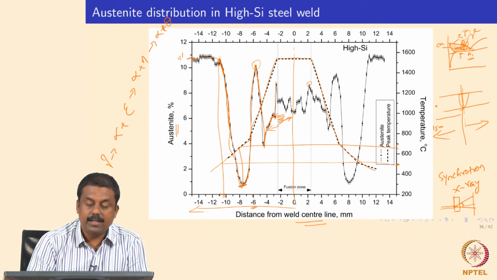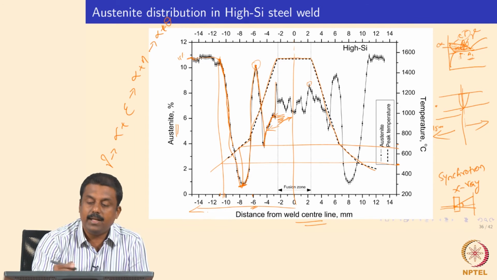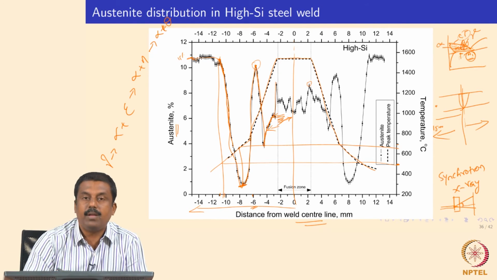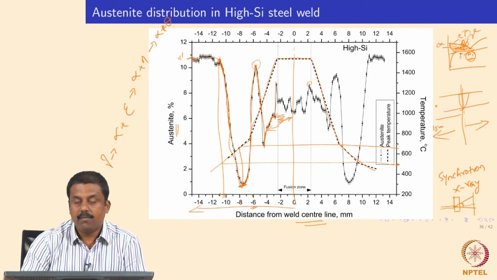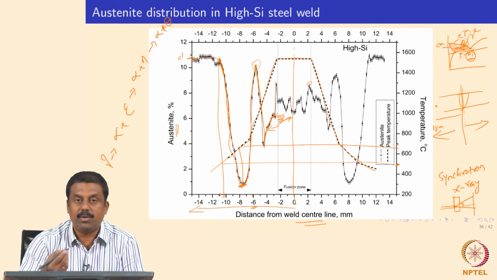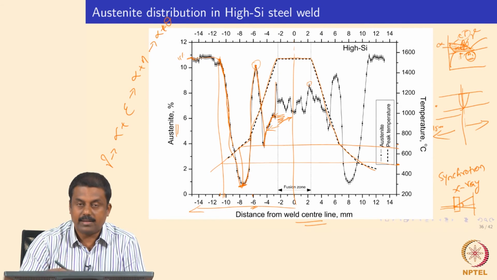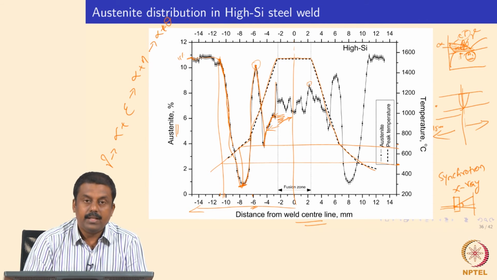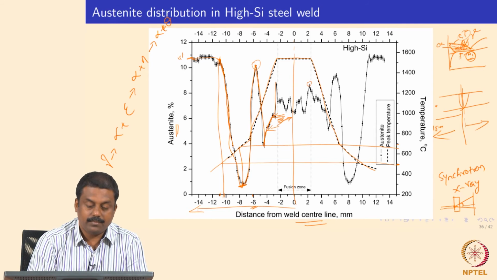Whereas in the conventional steel you won't see any effect until you reach above the A1 temperature, where the microstructure changes to austenite during heating, and subsequently it will transform to martensite or other low temperature products. So, because of the presence of retained austenite, we enlarge the heat affected zone. So, remember what the definition of the heat affected zone is.